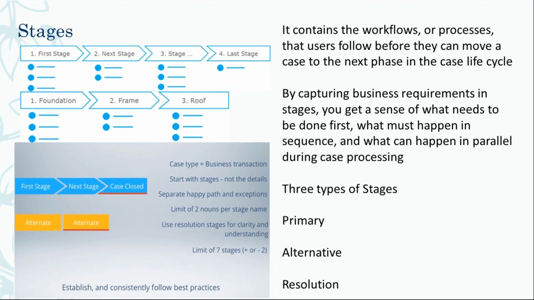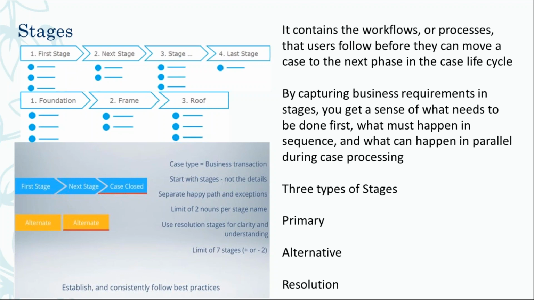Now one more difference between primary and alternative: primary follows a sequence, from the first stage to the next stage and so on. But an alternate stage doesn't follow any sequence. If the case is moved to that stage, it will remain there or be closed from that stage. It will not go from one stage to another in the alternate stage. So if the order is rejected, it will just be completed and the case will be closed. An alternate stage can only be manually invoked from a primary stage. We cannot start an alternate stage at the first stage.